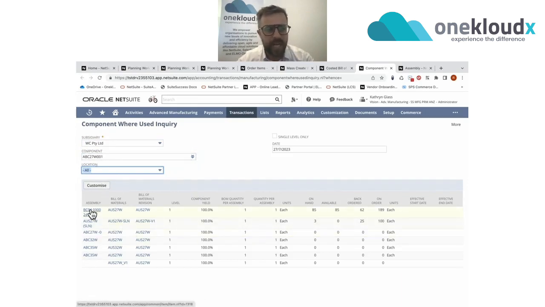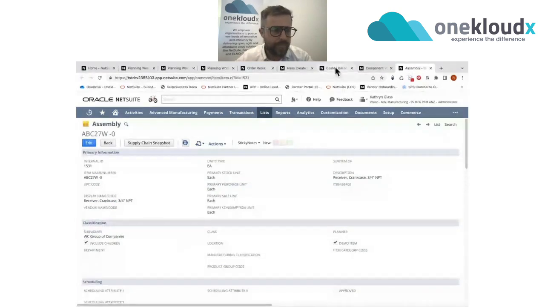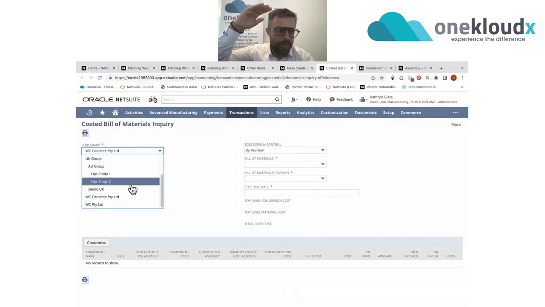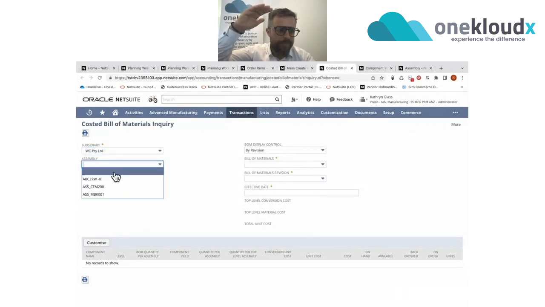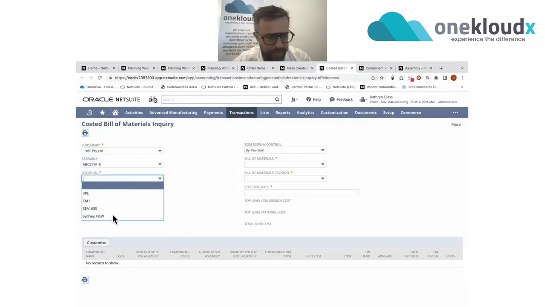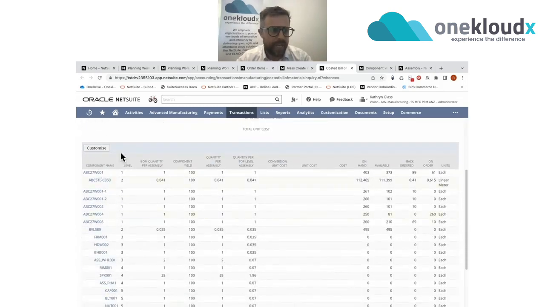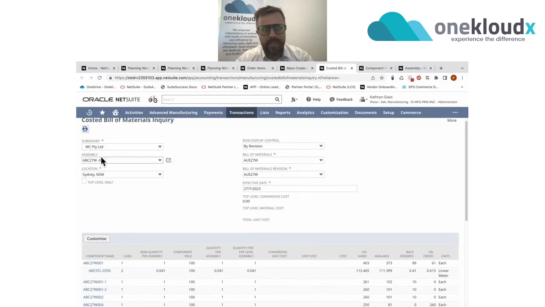And you can see how much is in stock. Is it in level 1 or sub-assembly level 2, 3 or 4 that it sits under? How much is on hand? How much is available, back ordered? Compared to that, the costed bill of material is the other way around. It looks at it from the assembly item all the way down to the individual bill of materials, including sub-assemblies. You can see here for that subsidiary, for that item, it has one bill of material,